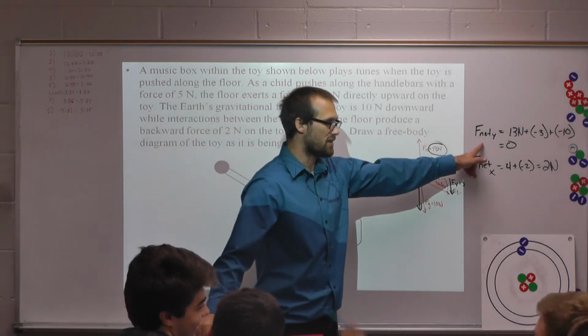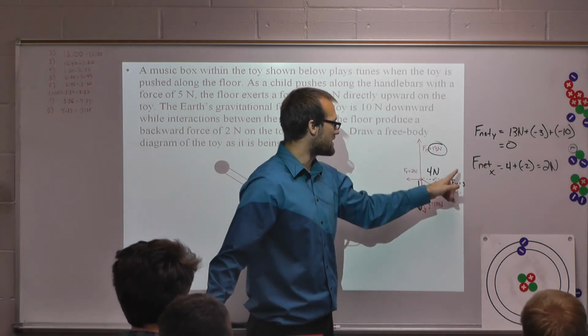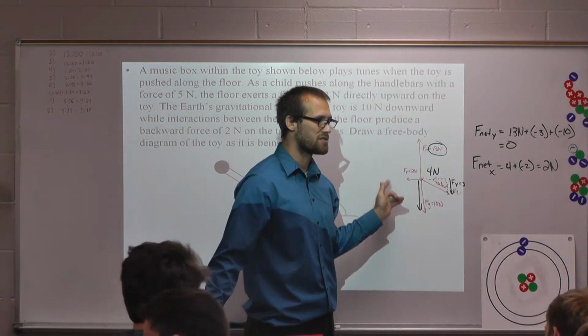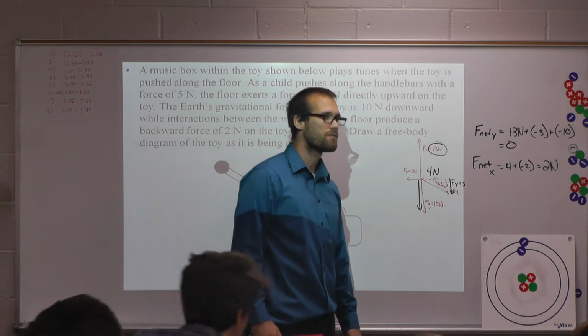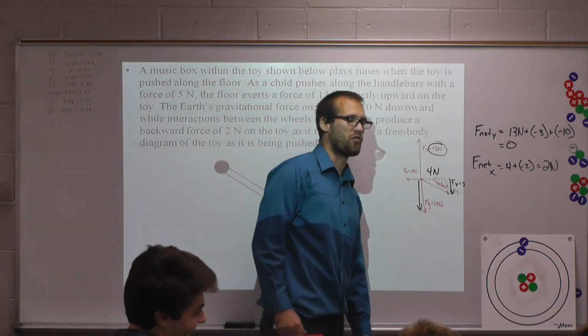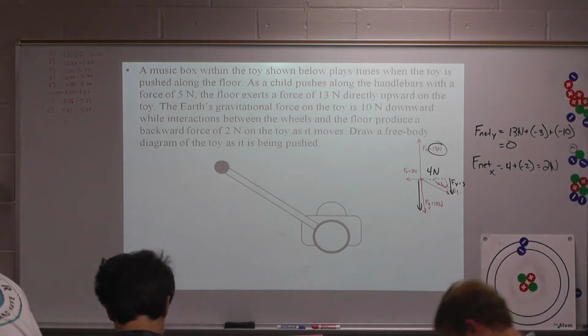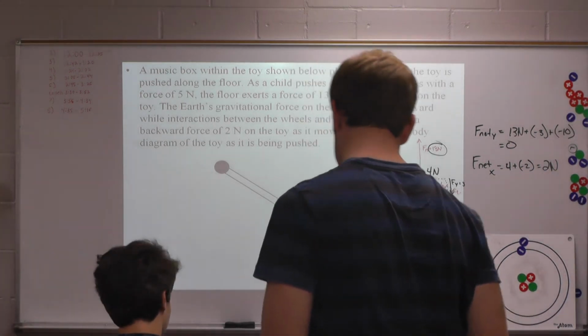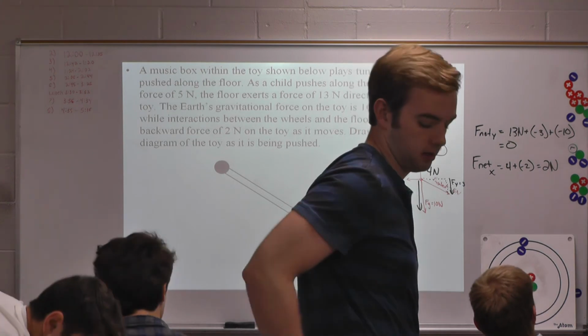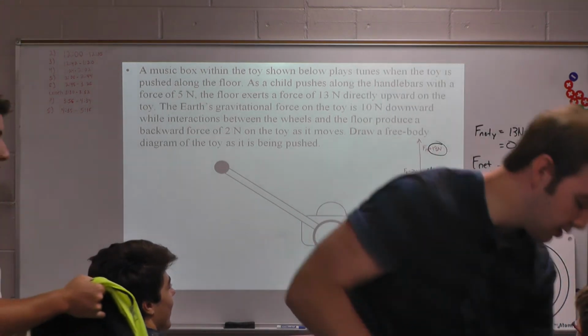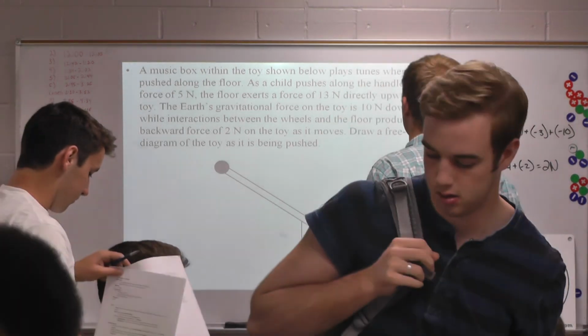Why? Because y is 0 and the positive direction outweighs the negative direction. So you're saying the force is 2 newtons east. That would be the net force on this toy, 2 newtons east. And does that make sense based on how you would expect this toy to interact with the child? Yes. We're gonna skip down like half a